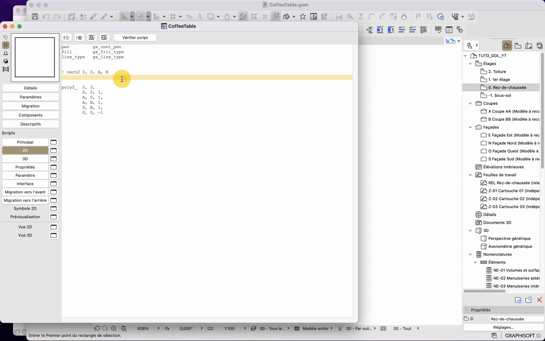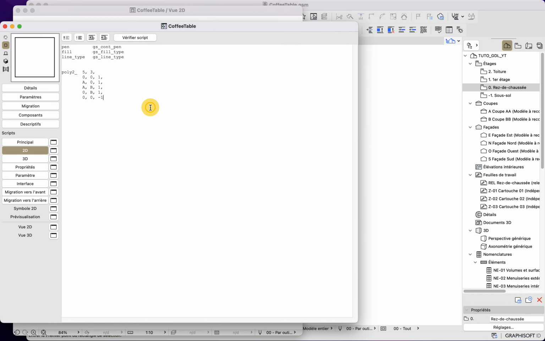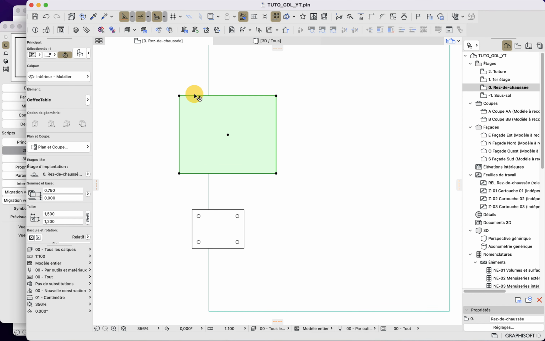All good. So I can delete this part here. And if I click here to update the preview, nothing has changed. Our geometry still looks the same. But it only looks the same if we do not test it in the project, because there are some things that need to be tested directly in the project that we cannot see in the IDE. And here, when I go back to my project, now I have what we call a fill and my object looks solid.